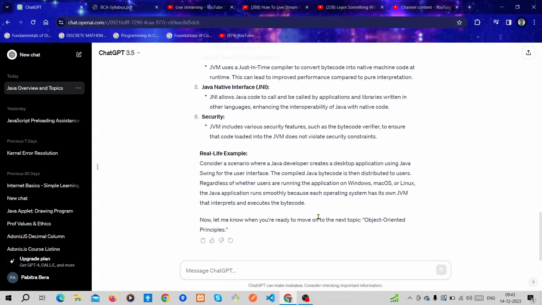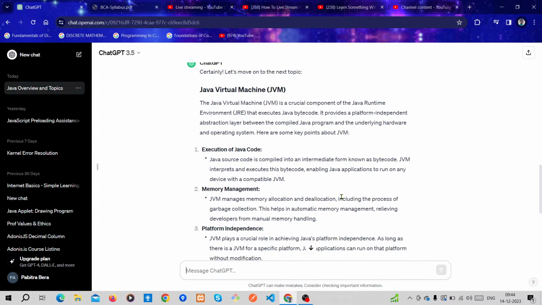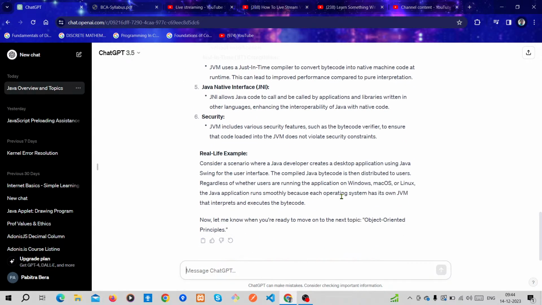Let me know when you are ready to move on to the next topic, object oriented principles. So this topic is now understandable: the Java virtual machine, which is the JVM, has a just-in-time compiler, which compiles the bytecode into native machine code. Then go to the next topic.